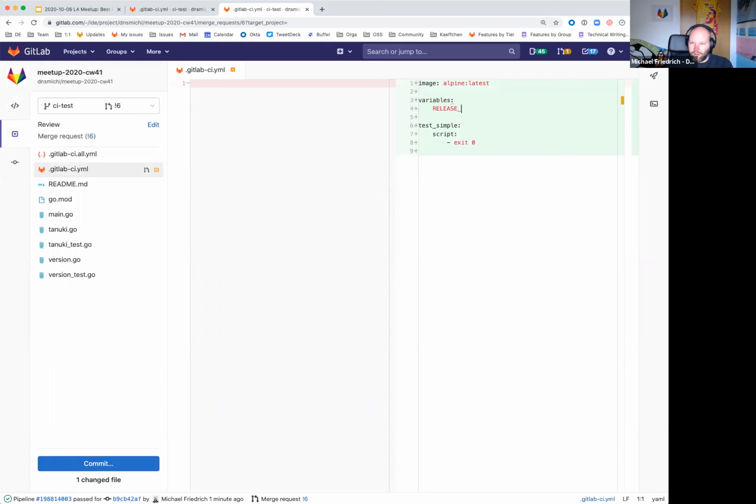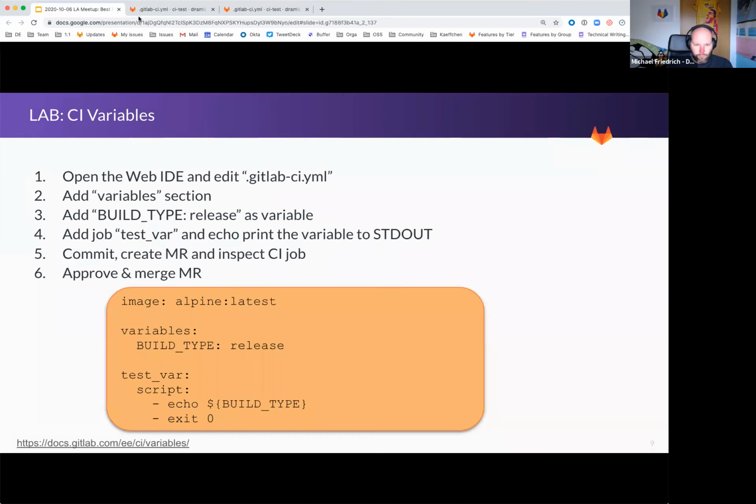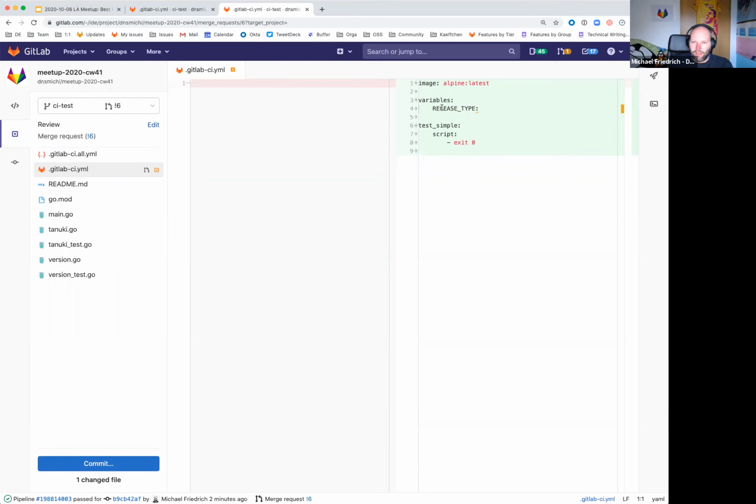I think I called it release type. Was it release type or was it build type? It was build type. Okay. Build type, and this is release. And the job should be test var, and the script being run is just a simple echo,